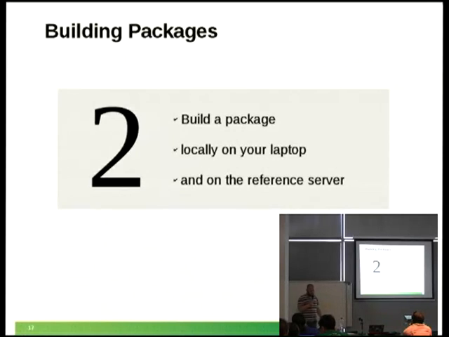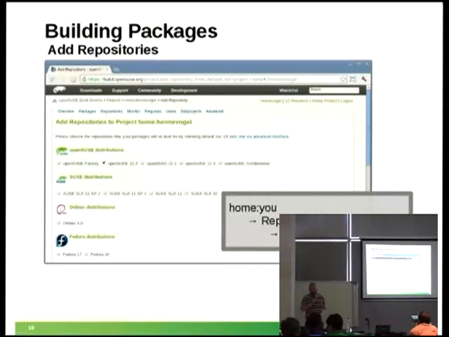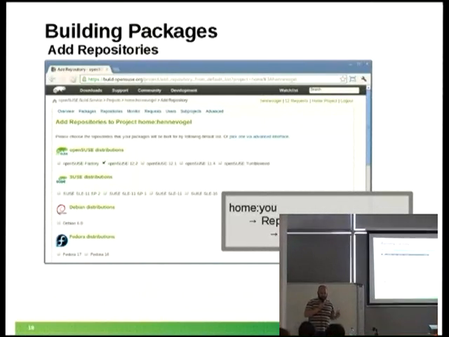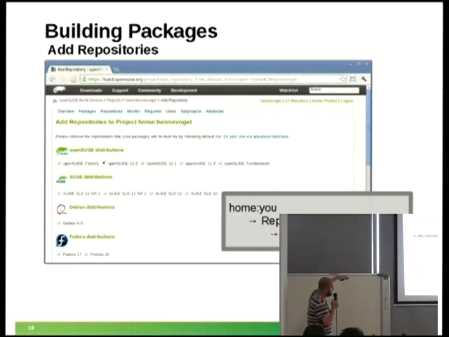So the second thing we are going to do is build a package locally on your laptop, and afterwards on the reference server. For the build service and the command line client to know what to build the package for, you have to tell it. I want to have this package for openSUSE 12.3, or I want to build this package for Fedora 19, or whatever. So you have to go to the web client again,